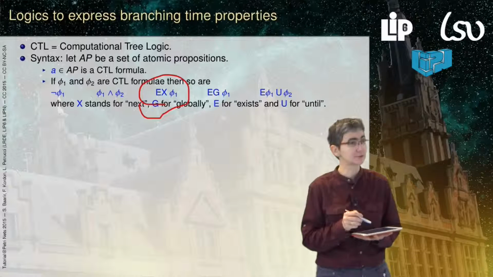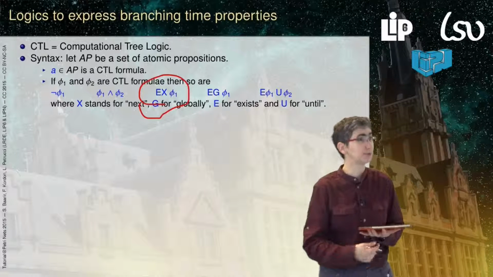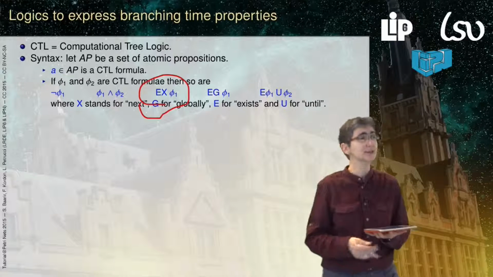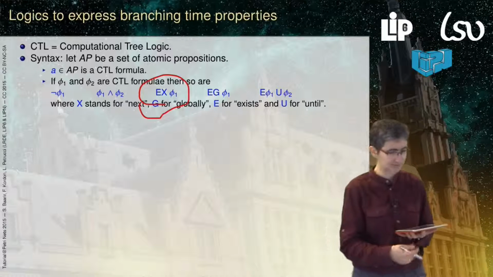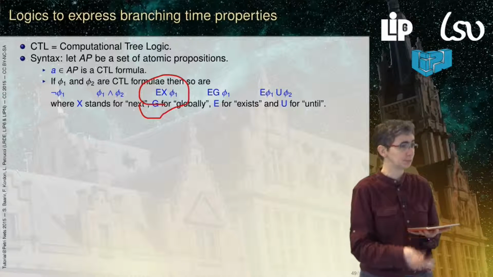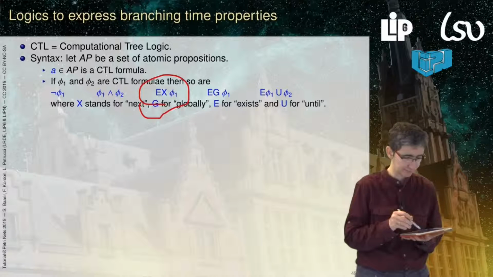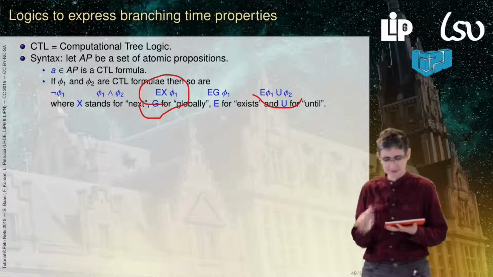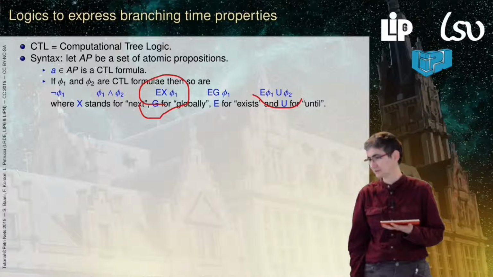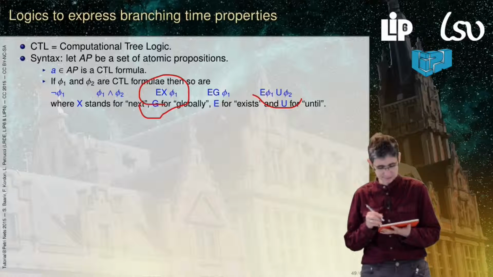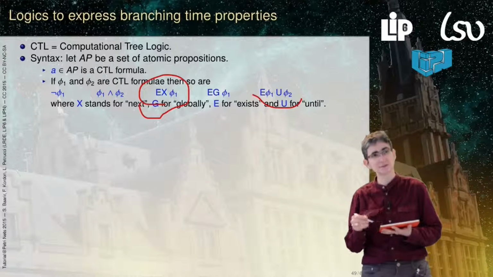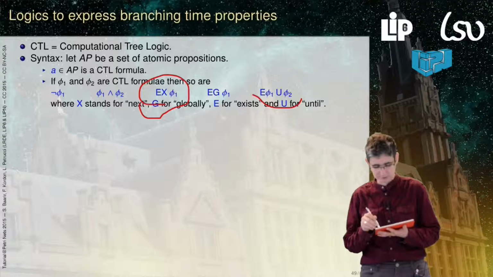Exists globally will help you make the choice between different paths and state that there exists a path where a property is globally satisfied. And similarly, there exists a possibility for phi1 until phi2, a path that satisfies phi1 until